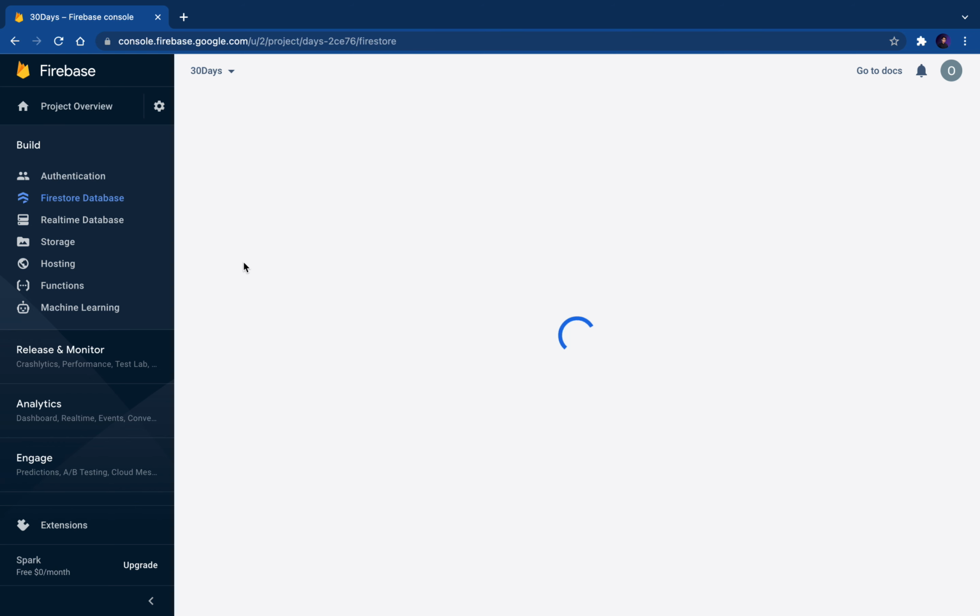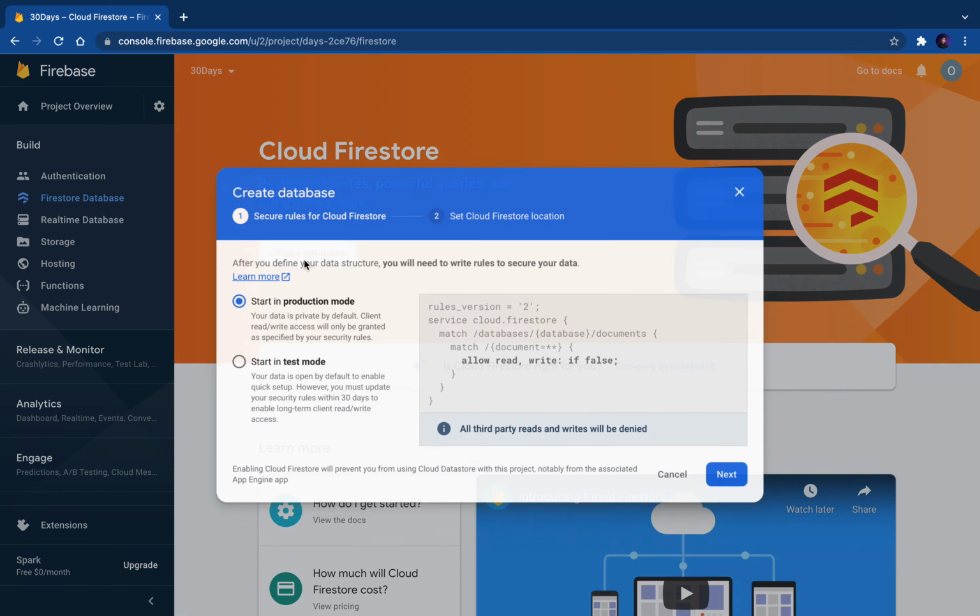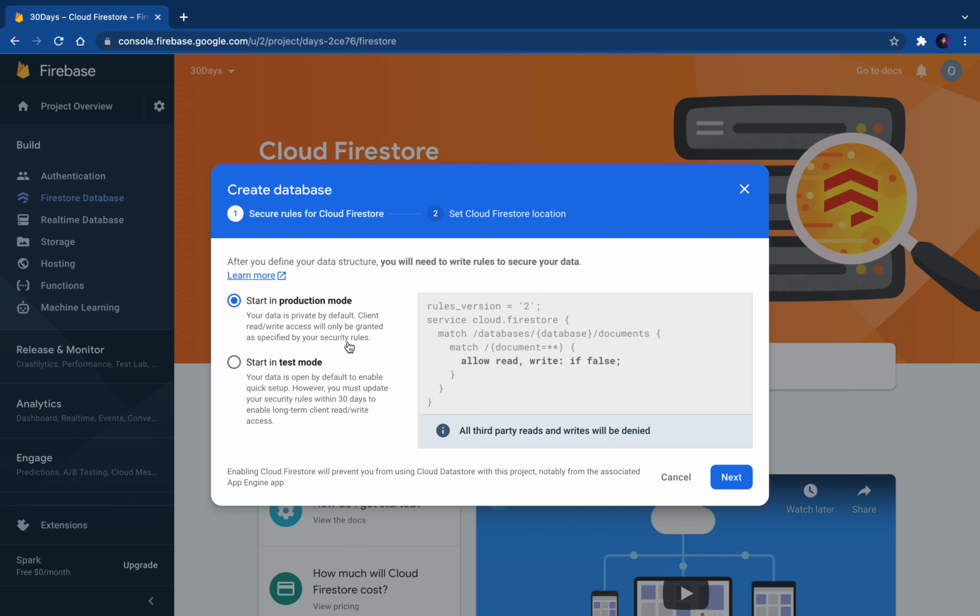So Firebase is a NoSQL database, and it will be clear to you if you know the difference between SQL and NoSQL. We will not be covering that part over here. So let's create a database. What is a database? A database is a collection, or a bucket of your data. In this bucket, the user data will be stored. And in this NoSQL database, we create collections, and inside those collections we have lots of documents. In the same way we are going to do it over here also.